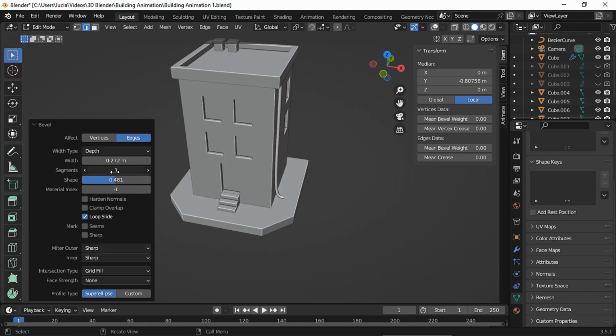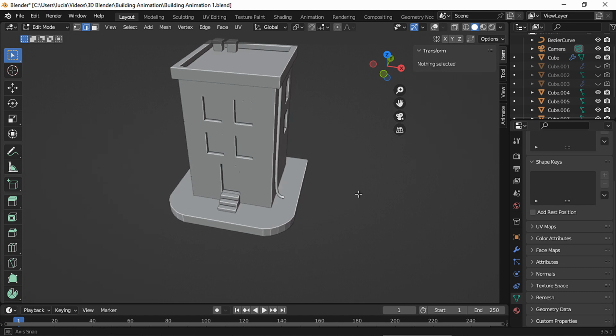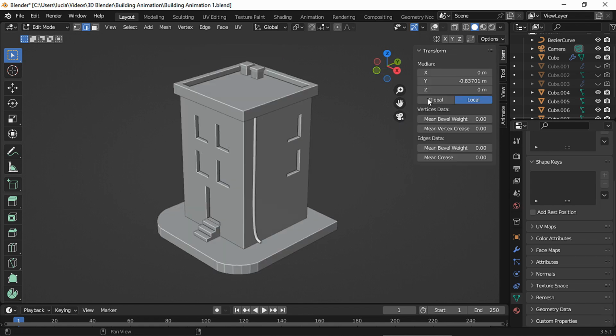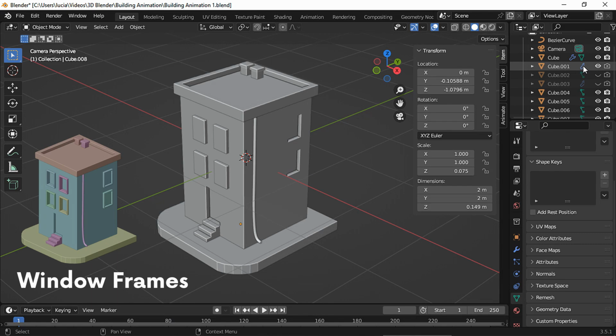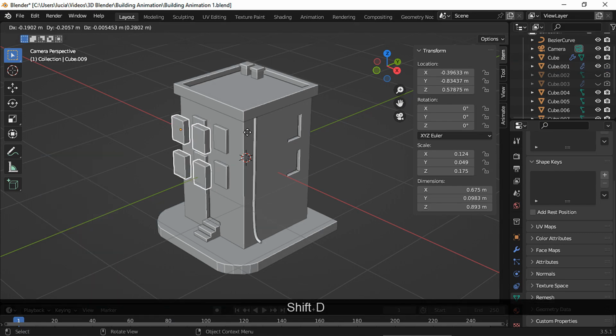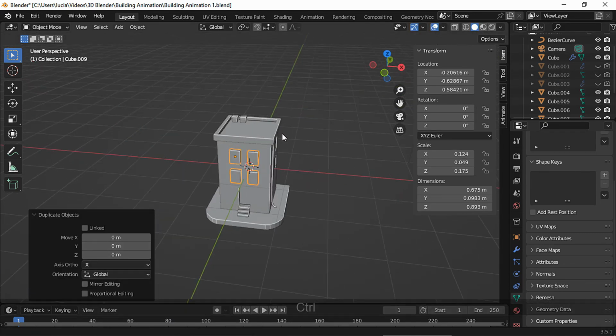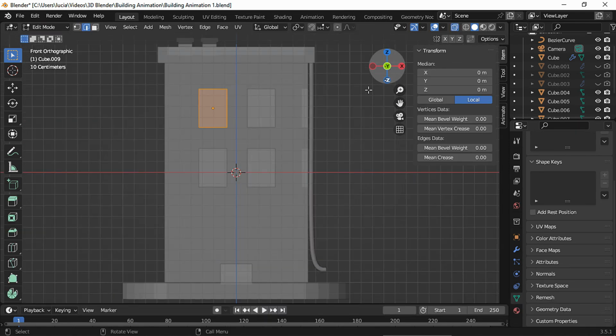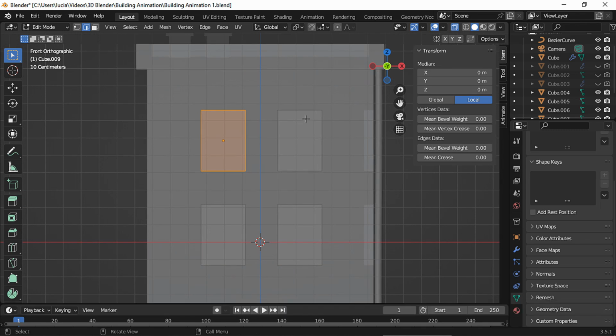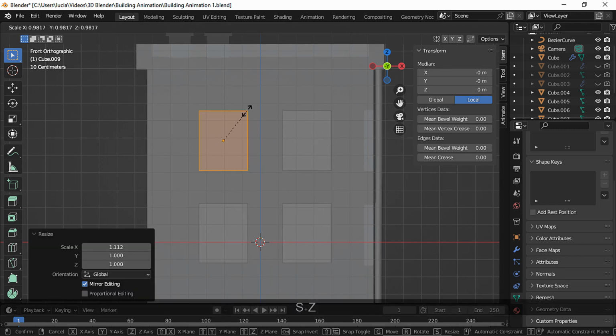I'm gonna show you a few different looks you can get by playing around with the settings. I'm gonna stick with this one. To create the window frames, duplicate this. Hide the original, let's enable X-ray mode. And scale it up a bit so it is a bit bigger than the wall openings.